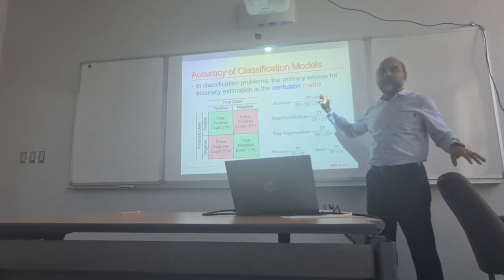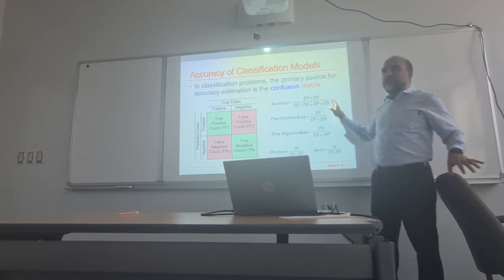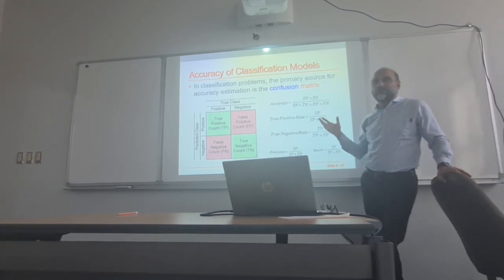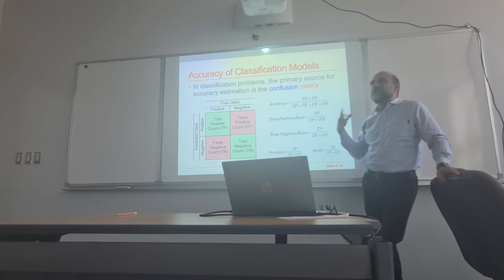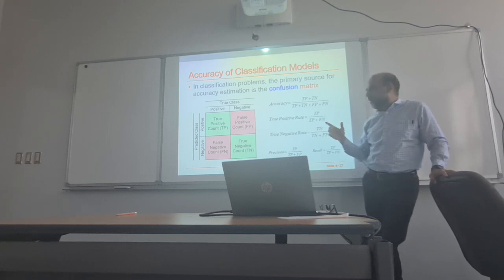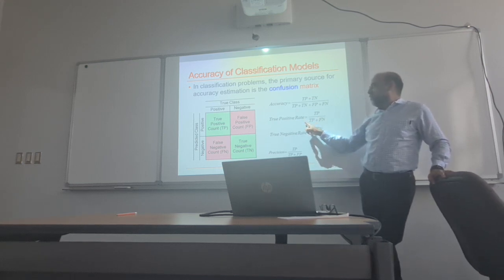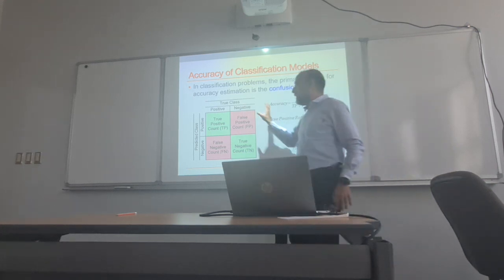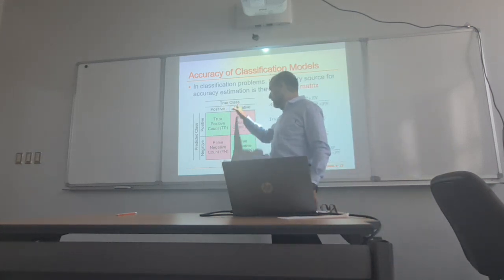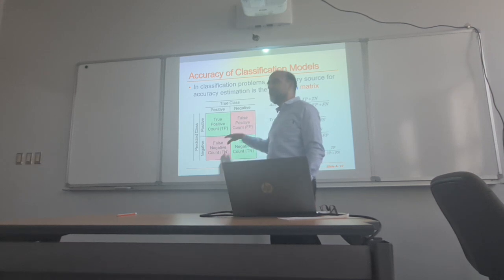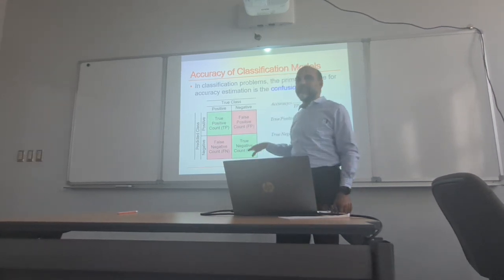So you see, if this number is high, of course, that's what you want. The higher it gets, close to 100%, the better. Now, there's something called true positive rate. You can look at overall, or you can look at just this line, like here, like here, like here. Each one we are giving a name.